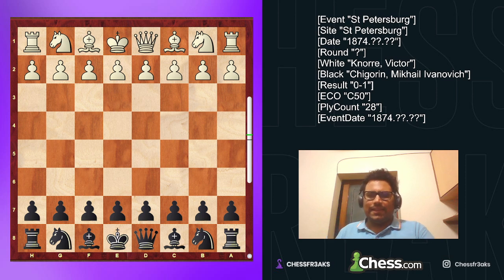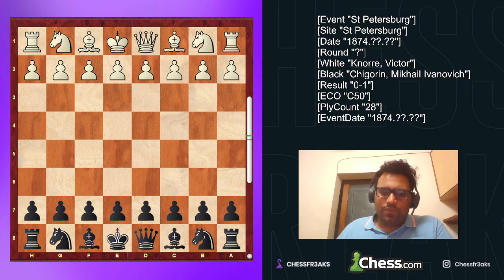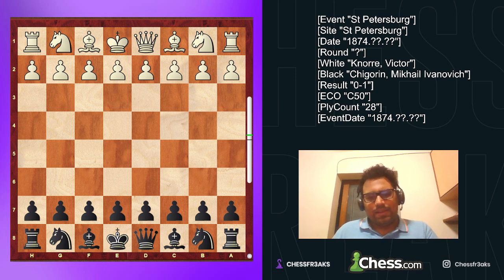And in today's game, I will be showing you a game played in 1874 between Knorre with the white pieces and Chigorin with the black pieces. Now, guys, again, this game was played in 1874 when technology was not so advanced and we did not have engines. So, let's deep dive into the game and we will see how Chigorin showed outstanding attacking skills compared to that year, 1874, during those times, and we will see a crazy attack, and I'm sure you guys